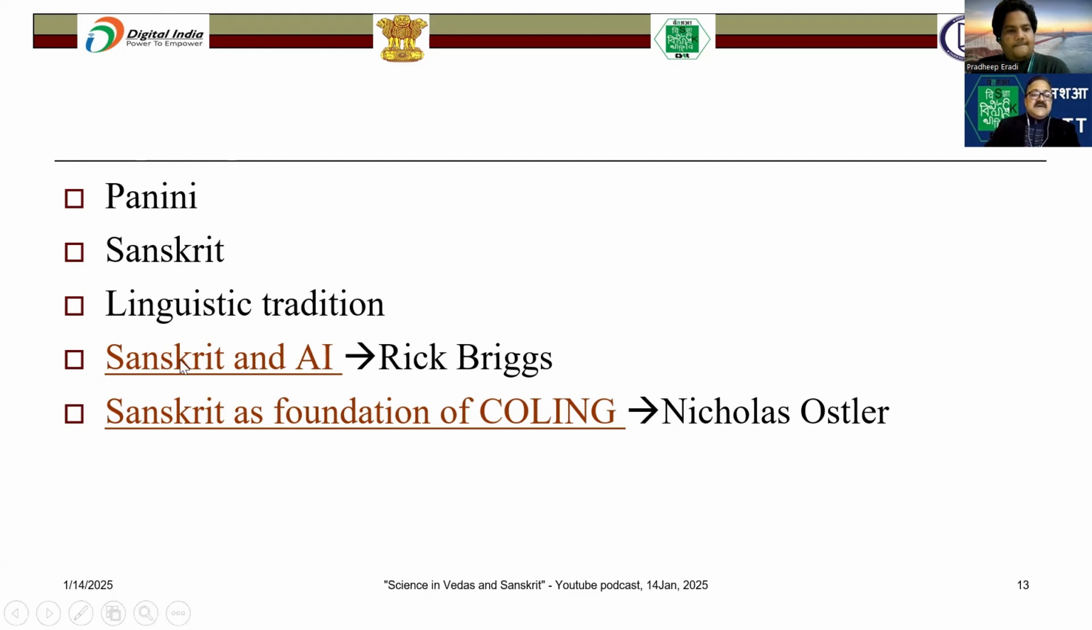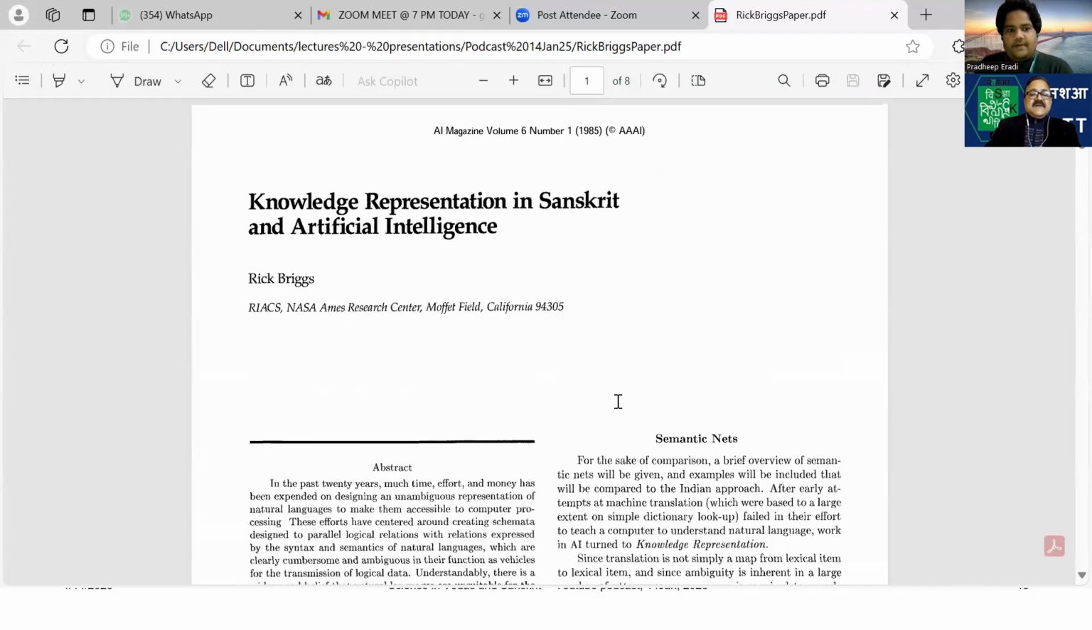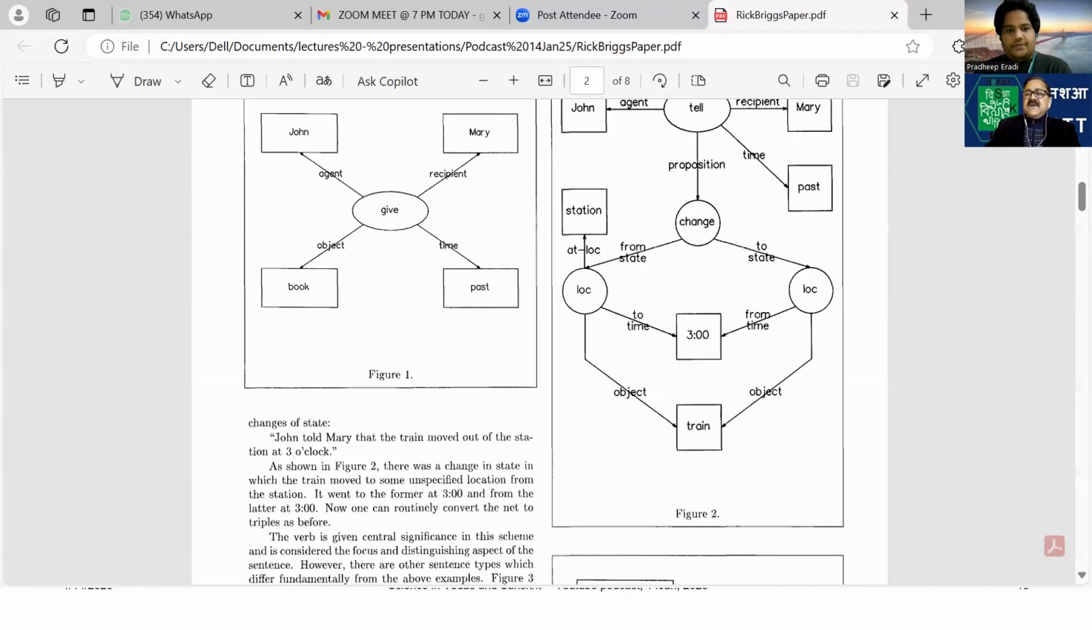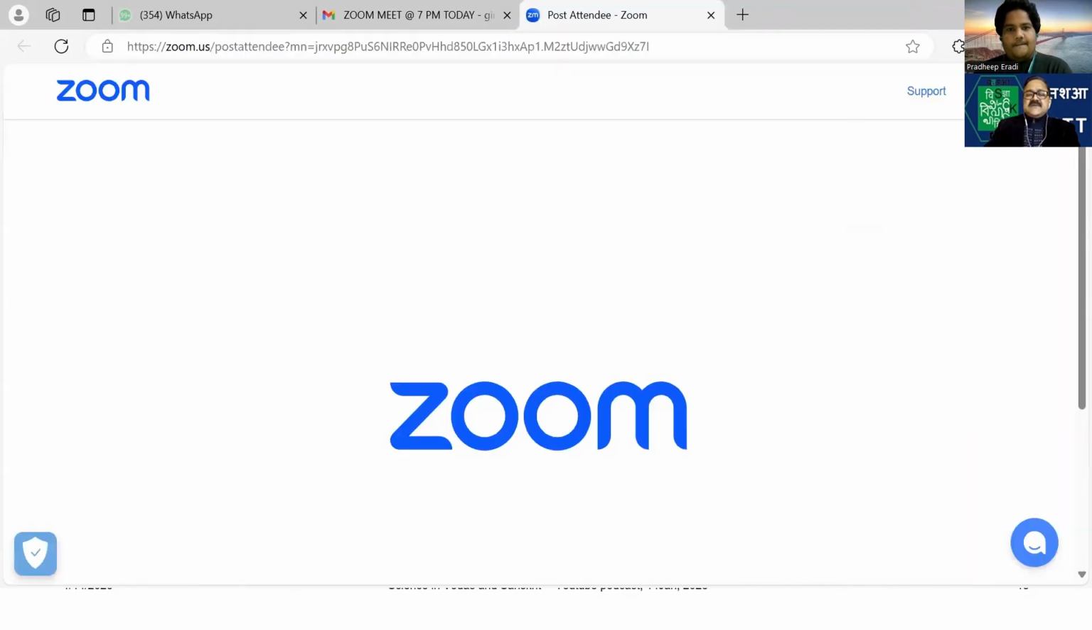I'm opening that article. Hope you will be able to see. It is on knowledge representation in Sanskrit and artificial intelligence. The article came in 1985 in AI Magazine, which talks about how in India people have been doing an exercise of